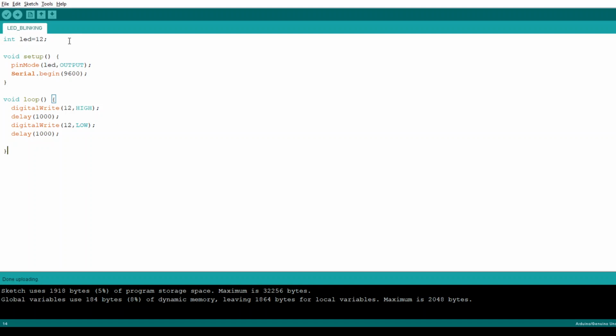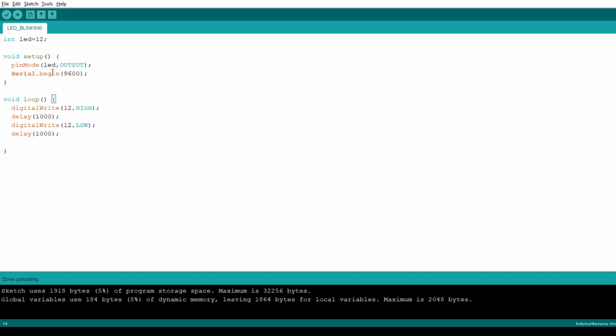Just recall it. First initialize what modules we have to take, connected to the controller pin. Here I am taking the 12th pin, that means an Arduino digital pin. Then we have to declare pinMode. This is the syntax: p is small, and M should be caps. Otherwise it should show an error. Then we tell the controller whether the module is an output or input.